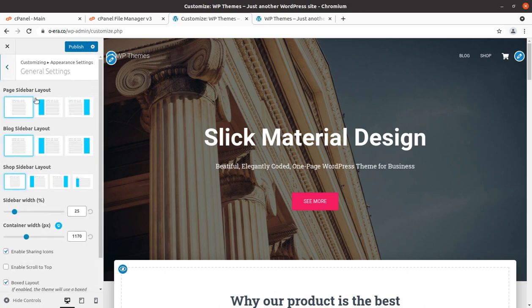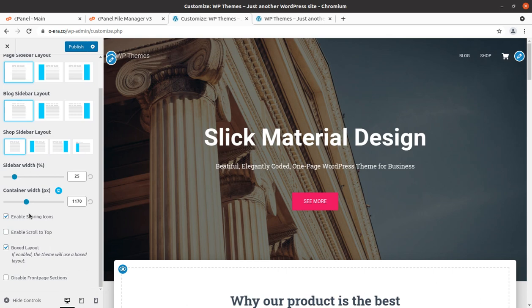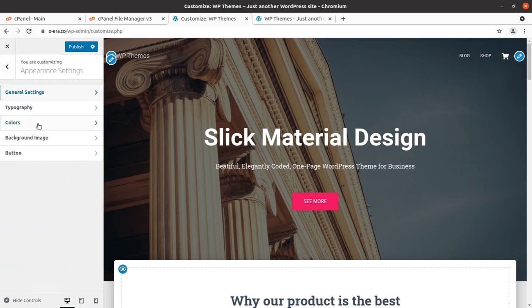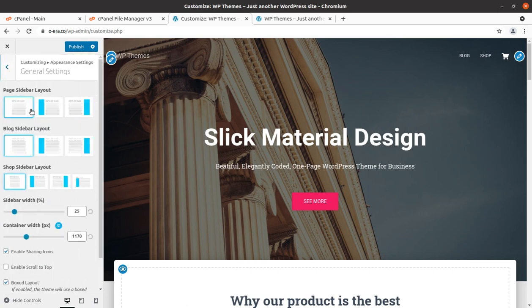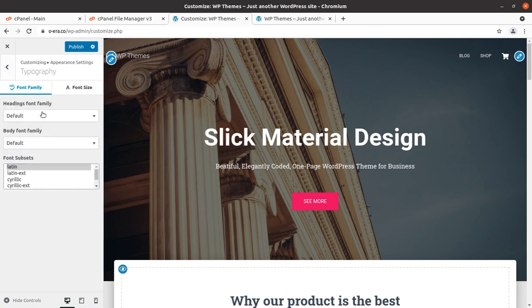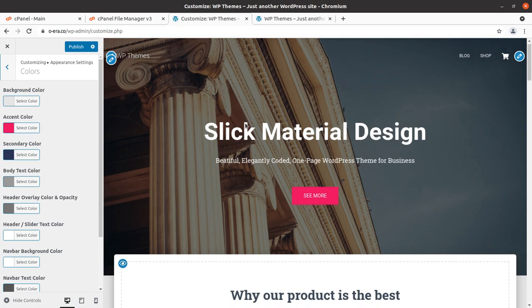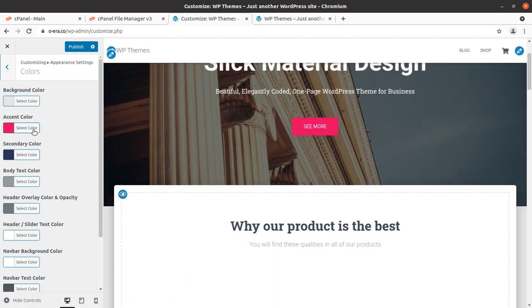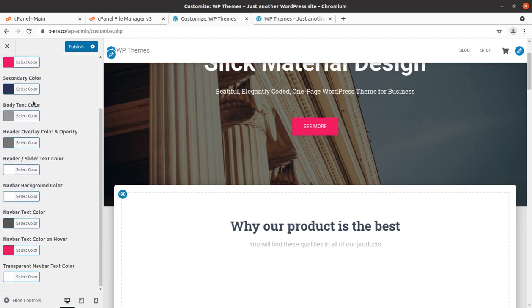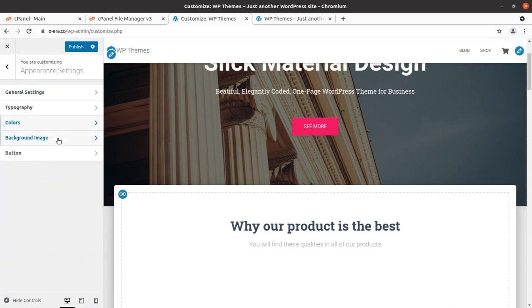So general settings, page layout settings are here, sidebar width and container width you can set here. All the basic settings are available in the general settings. Typography, you can choose the fonts, and all colors you can handle, like this magenta color can be changed in accent color, secondary color, and body text color can be changed from here. So color control is in your hand.